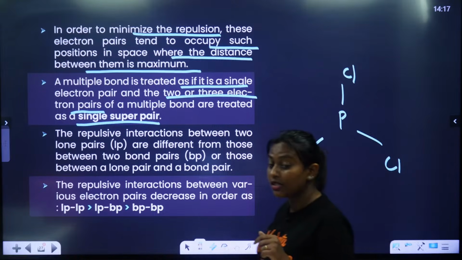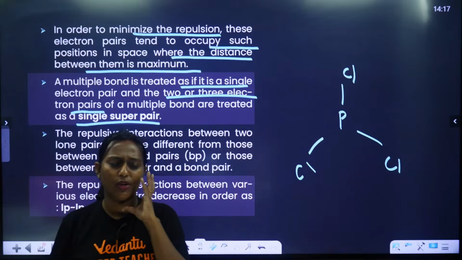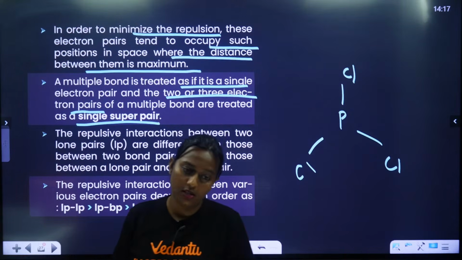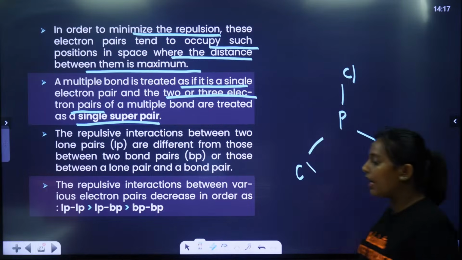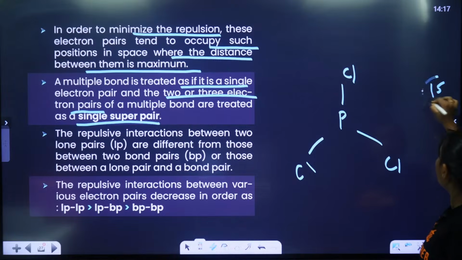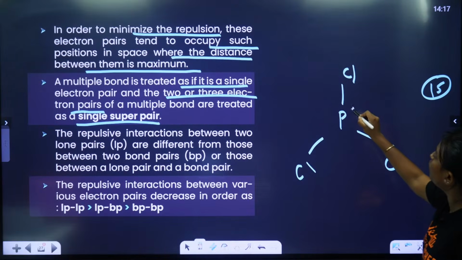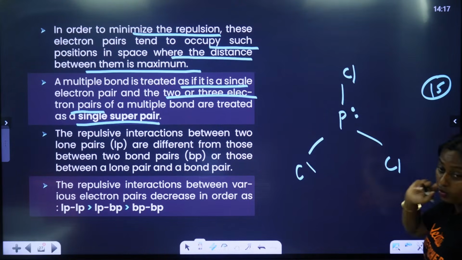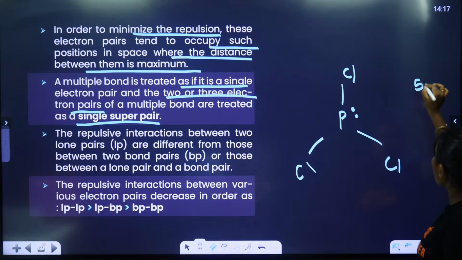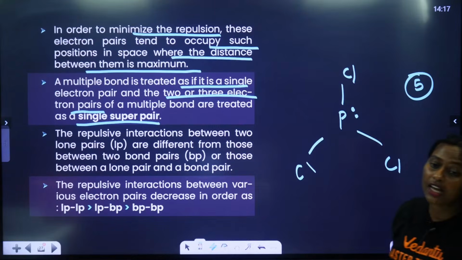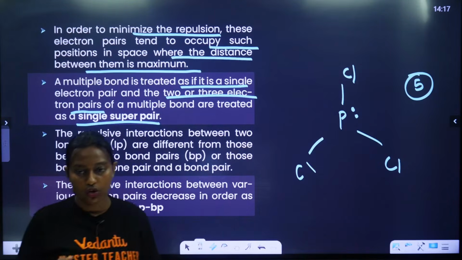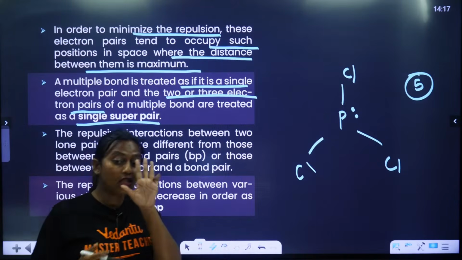What is the atomic number of phosphorus? The atomic number of phosphorus is 15. One lone pair should be there. That means the outermost shell of phosphorus contains 5 electrons, and of these 5 electrons,